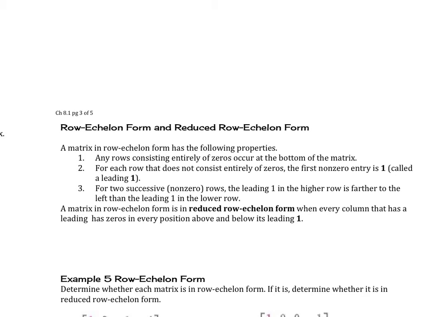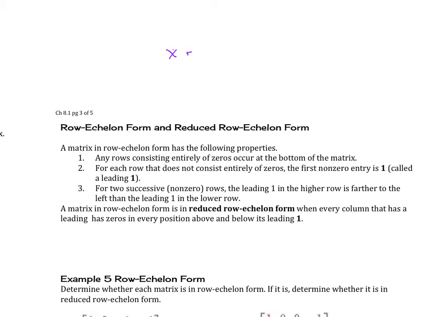Let's look at row echelon form and reduced row echelon form. A matrix in row echelon form has the following properties. Any row consisting entirely of zeros occurs at the bottom of the matrix. For each row that does not consist entirely of zeros, the first non-zero entry is 1, and it's called a leading 1. So this is why last chapter you would always get a leading 1 in your system,